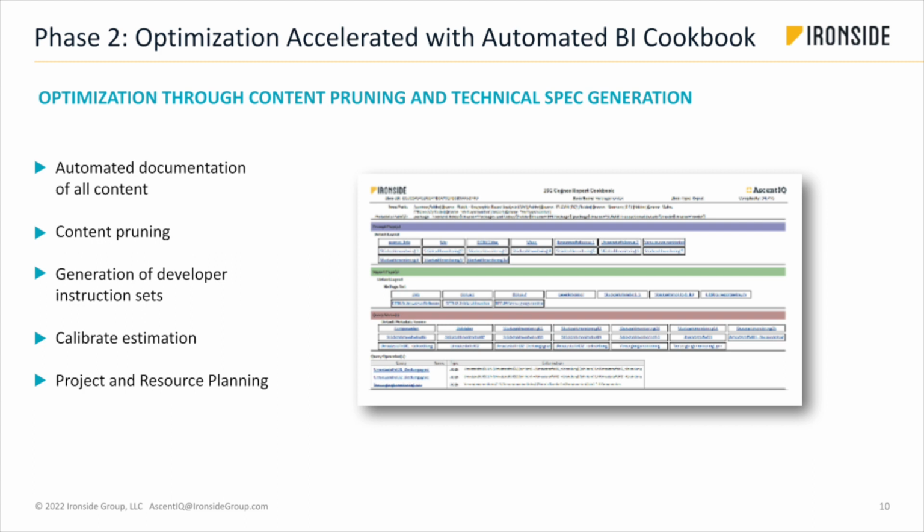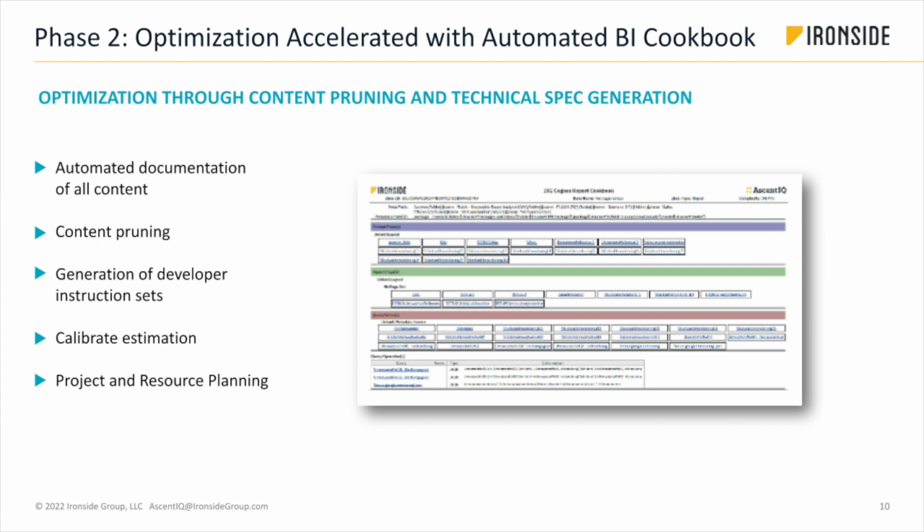And we develop what's called a cookbook. And you see an example that's a little bit blurry, but there's a lot of content there. But it tells you every data item, lineage, queries, expressions, all of that stuff, right? And so now that we have the documentation for every report, we're comfortable we're not going to lose anything.